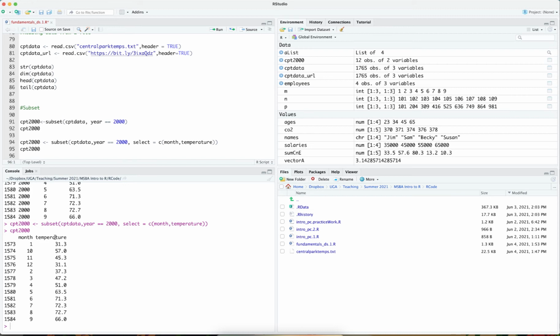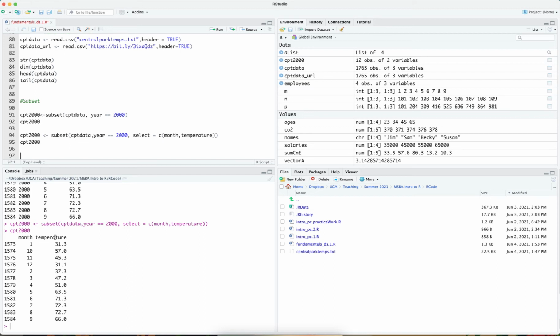Now, one of the things to note is that we have temperature, which is generically specified, but this temperature actually does have a certain value. This temperature is temperature in Fahrenheit, not in Celsius. So one of the things that we might be interested in doing is actually changing the column names for CPT data. And one of the ways that I can do that